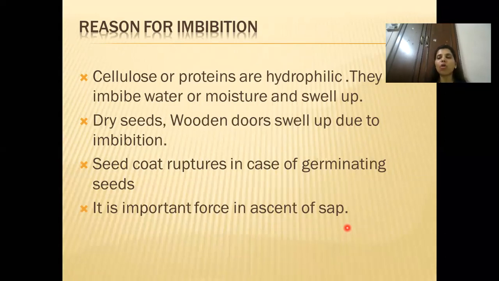And whenever minerals are sent, it is done with the help of xylem, of course, because water is transported through xylem, but then there is ascent of sap. That means the sap which is present in the vacuoles is pushed in the upward direction. That is, minerals plus water is pushed in the upward direction with the help of sap which is present in the vacuoles, and that particular sap contains the minerals. So this imbibition is important for the ascent of sap. That's why it is important for you to know this.